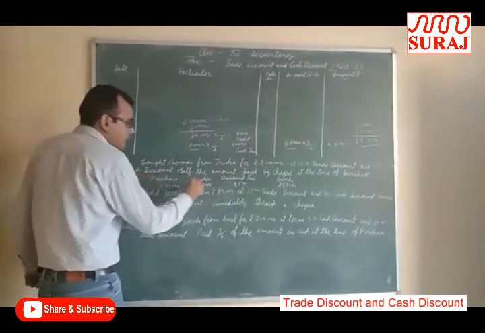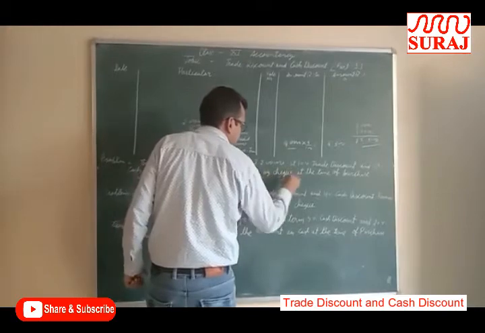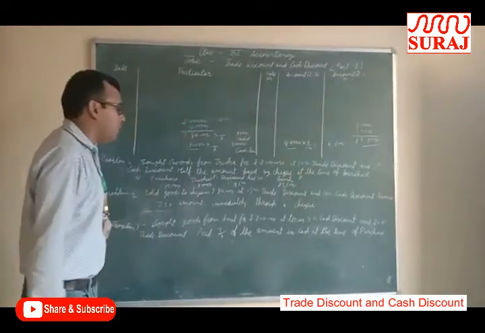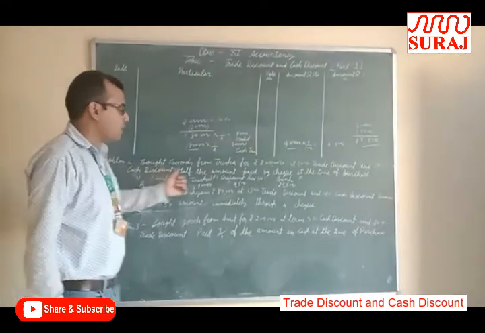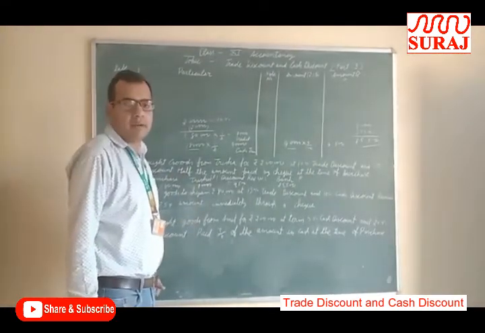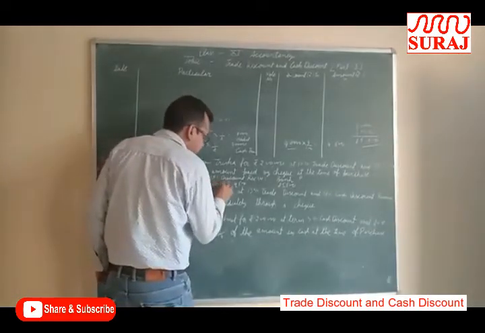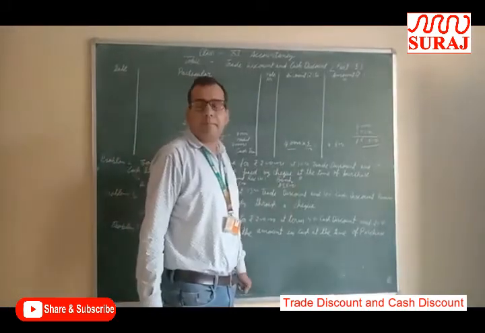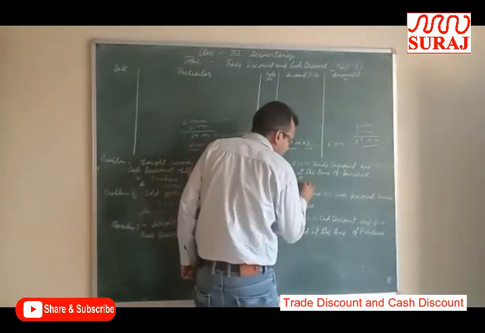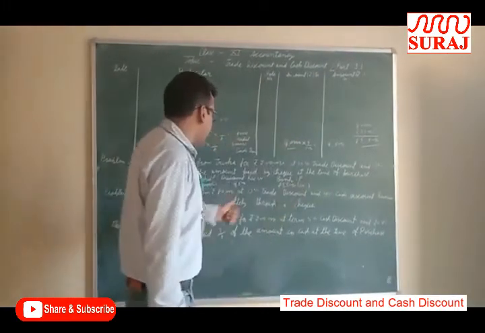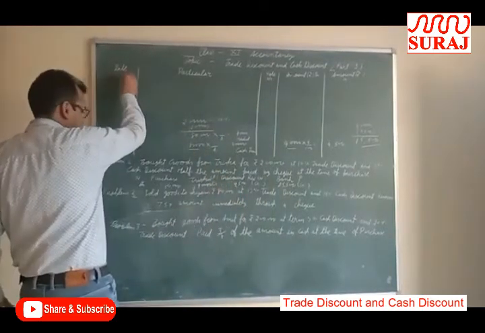Purchase nominal, Trisa personal, discount nominal, and bank personal. Nominal: debit all expenses and losses, credit all income and gains. Purchase is an expense, so purchase will be debit. Trisa, personal: debit the receiver, credit the giver. Goods purchased from Trisa, giver, then credit. Bank, personal: debit the receiver, credit the giver. Payment made by check, bank giver, then bank credit. If bank credit, then discount will be credit. Your entry will be,